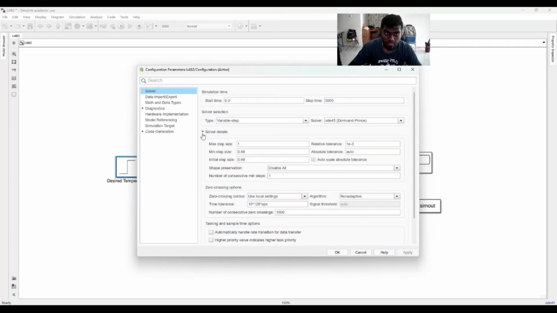And then we have to set the solver selection type to variable step and the solver to ODE45. And then in solver details, we have to set the max step size as 1, the minimum step size as 0.99, and the initial step size as 0.992. So after we set everything, then click apply and OK,